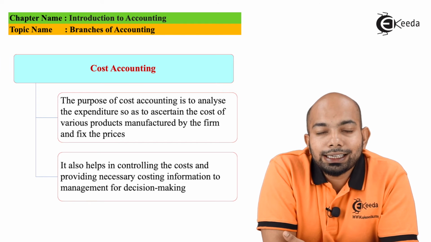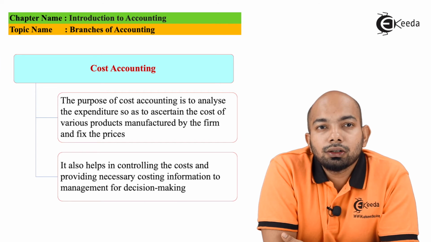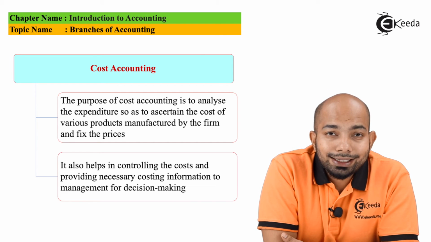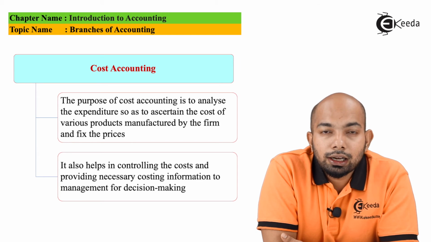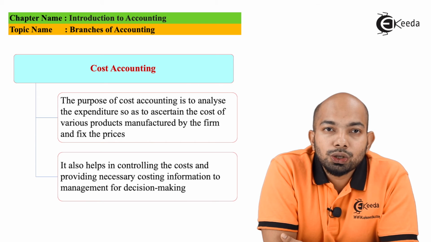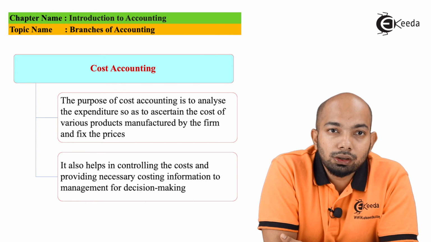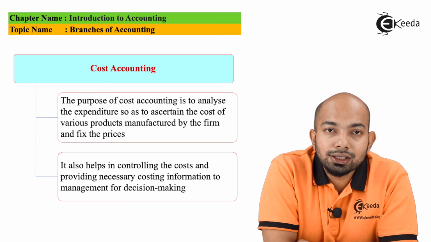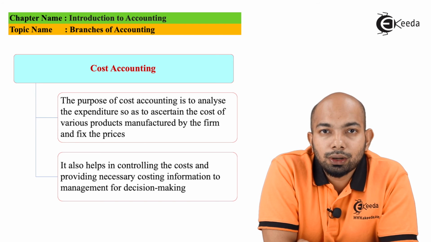So, considering the need and the advancement that we are going through right now, more and more functions are getting complex. So, that's the reason we have these three branches which are specialized in making decisions, in analyzing the cost, and in making sure that the profit and the loss are kept in the loop. The profit transactions are kept on the higher side, whereas the loss-making transactions are kept on the lower side. That's the reason we have these three branches, which are the most important branches of any organization, any company that you need to understand or study